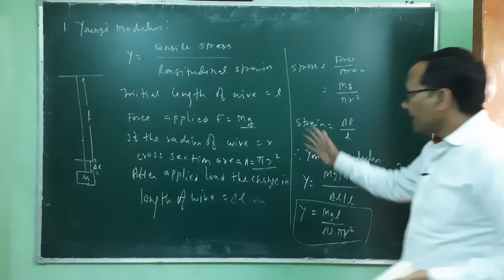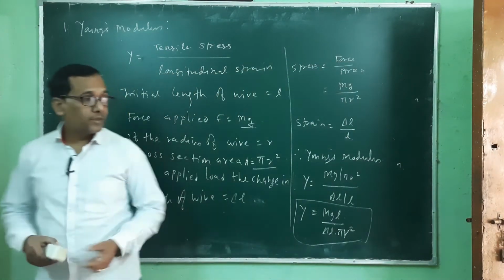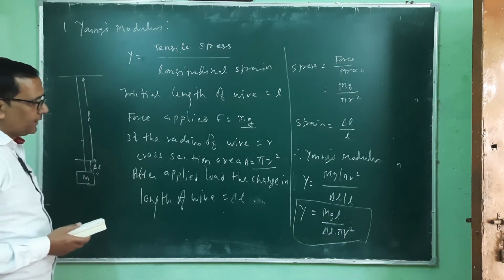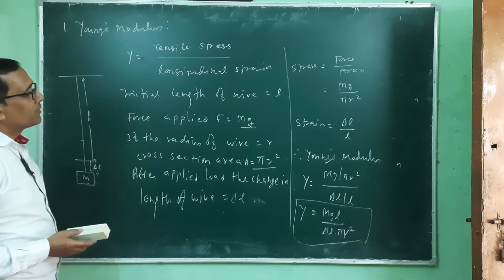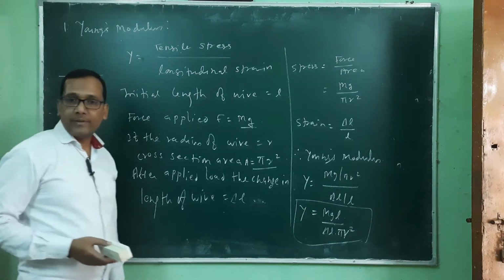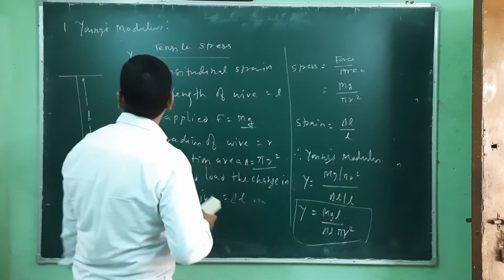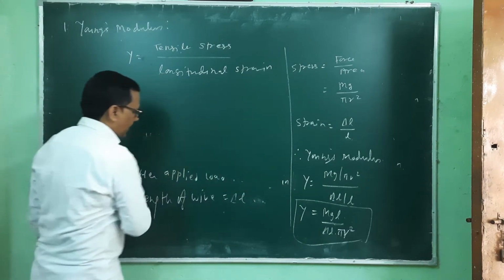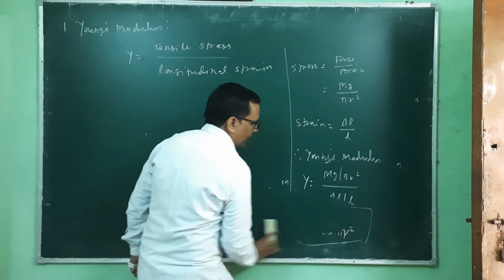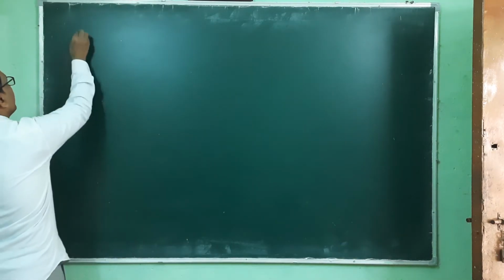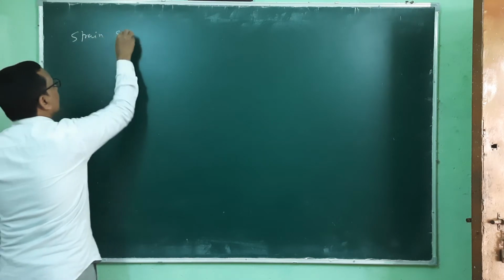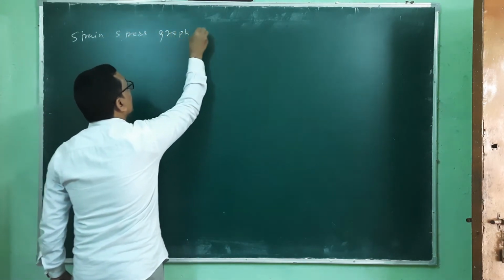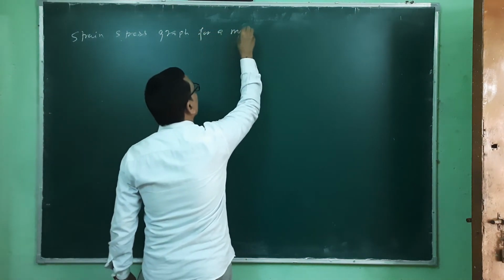All these calculations are within the elastic limit. Before going into further detail, let us define some more terms related to the elastic limit and other quantities. In order to know that, we must have the strain stress plot and Hooke's law. So let's look at the stress strain graph for a metallic wire.